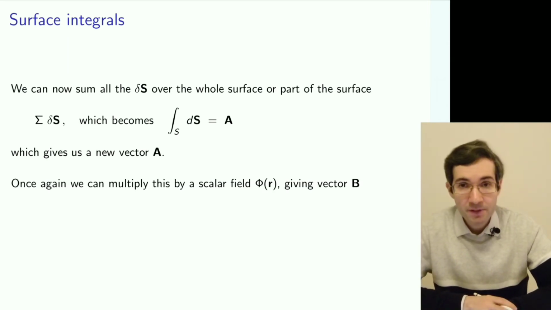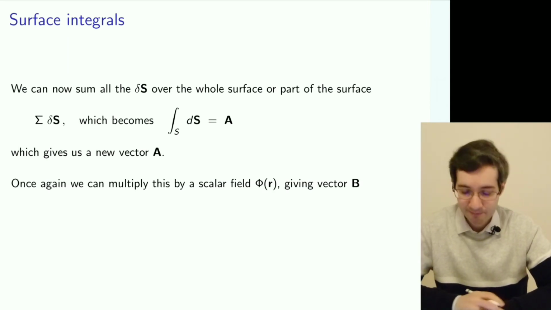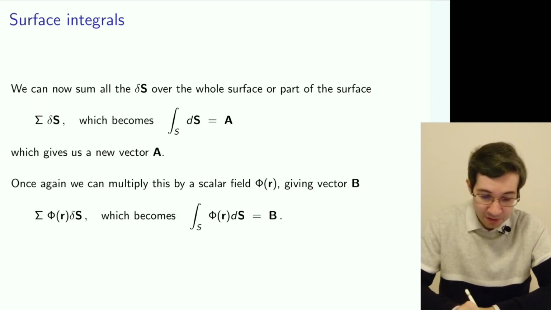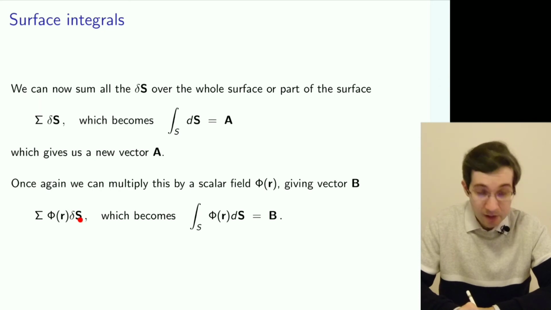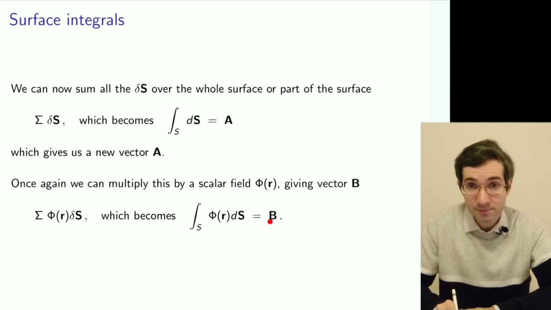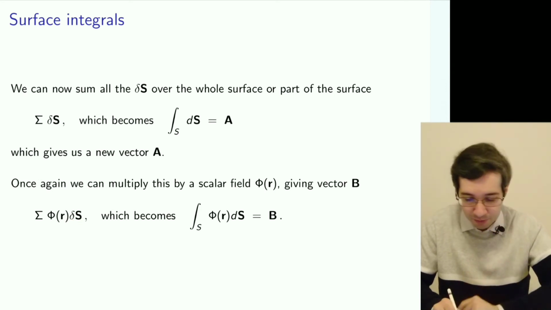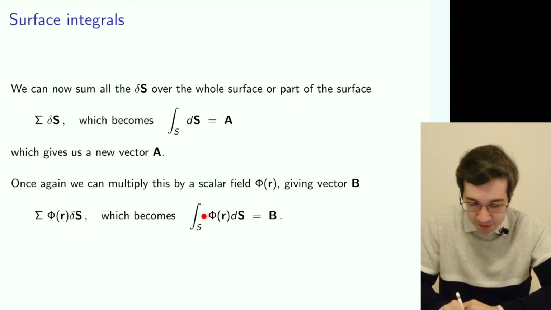Let's look instead at a scalar field. In this case, if we sum up, like we did for the line integrals, the scalar field with the elements of the surface, we get a vector. Right? So we split it up, take the sum of these products, then tend these elements to become smaller and smaller, and in the limit we'll get this integral.